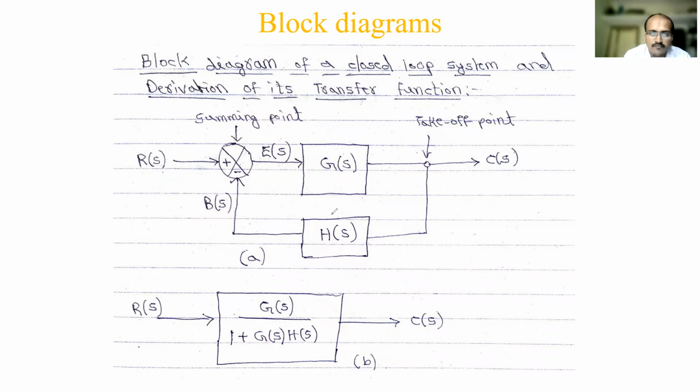So this complete block diagram, when derived, will have this form: G divided by 1 plus G into H, or G of S by 1 plus G of S H of S. And one thing you observe here: if you have a minus sign in the feedback loop, in the denominator you will get a plus. If you have a plus over there, accordingly a minus sign will come: 1 minus G of S H of S. That is how it comes, by the proof.